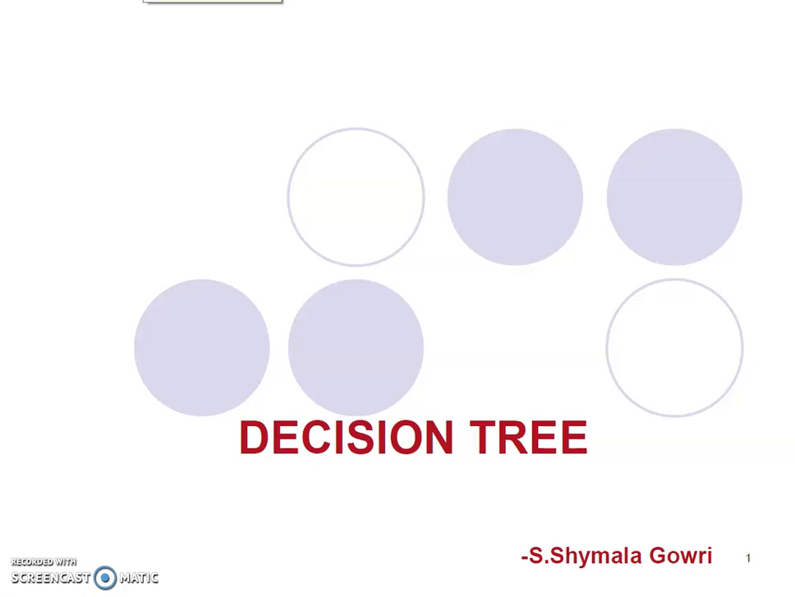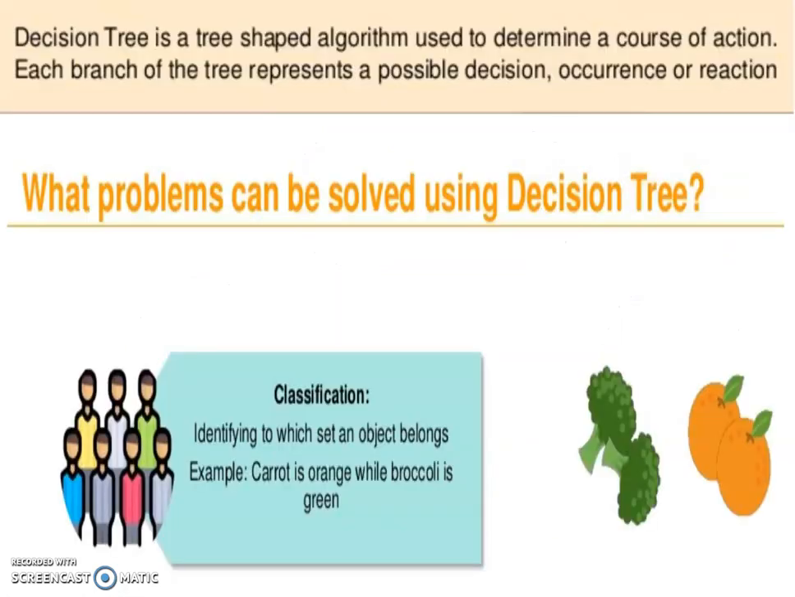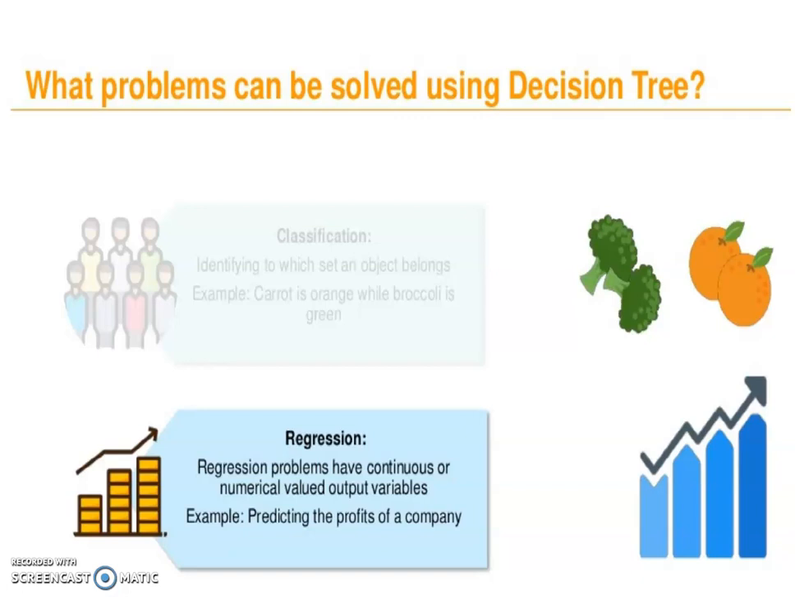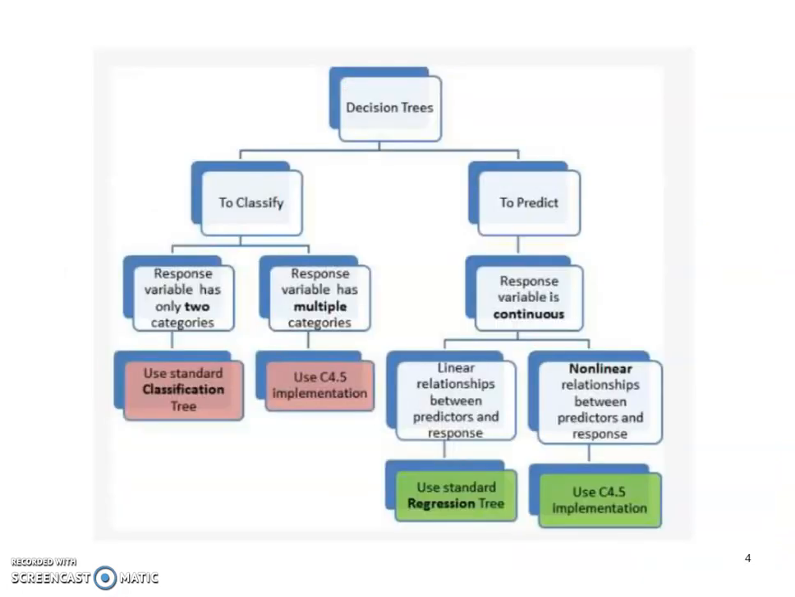Welcome you all for a session on decision trees. Decision trees are machine learning algorithms which follow a tree-like structure or a flowchart-like structure. They can be used for the purpose of classification and regression. We all know that in classification we have the output variables as categorical variables, and in regression the output variables